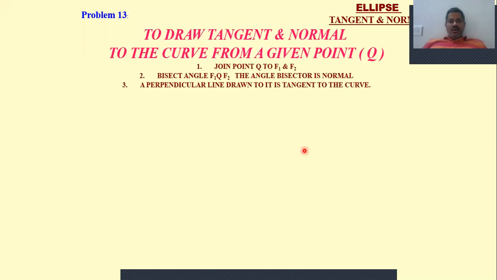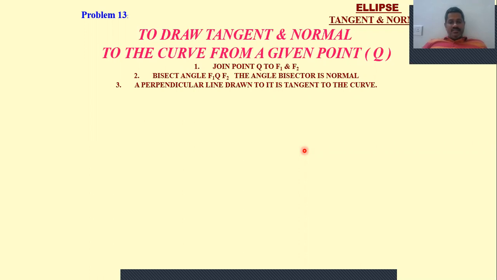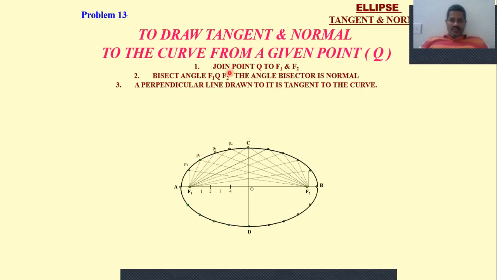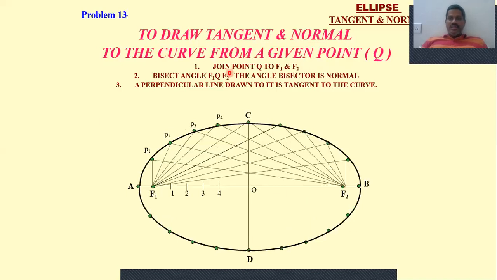Okay, so which must pass from a point. So tangent and normal to a point, and we need to locate. We need to draw a tangent and normal to a given curve, which may be an ellipse, parabola, or hyperbola, at a given point on that curve. This is the objective. The problem is to draw tangent and normal to the curve from the given point on that curve. Now let us see how to draw a tangent and normal to a given point on the